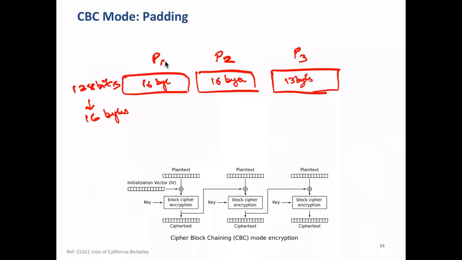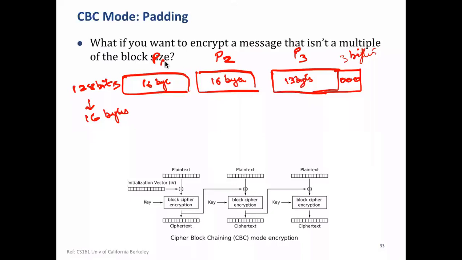Then we need to create a block of 16 bytes, so 3 bytes are to be filled in with something. That's the problem, right? Now, if you put zeros, so you say let's put all zeros, then it's not revealing anything, right? How will the receiver know this is not part of the original block? Okay, so one simple method is that